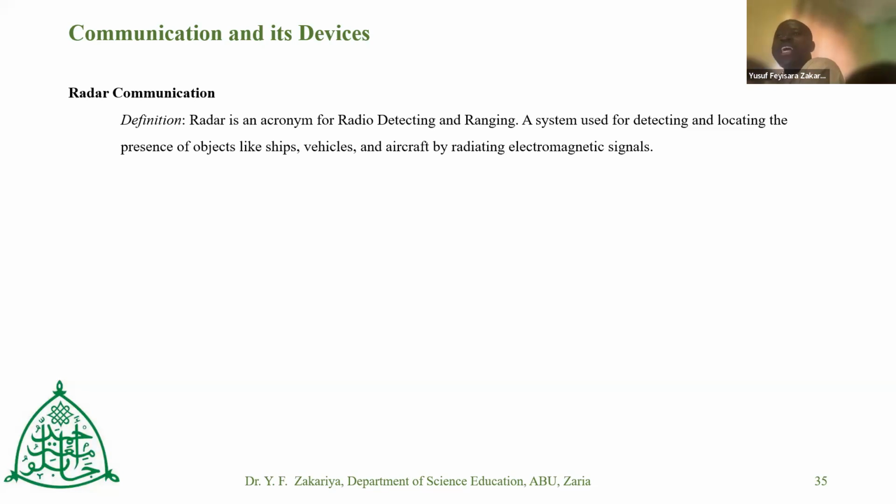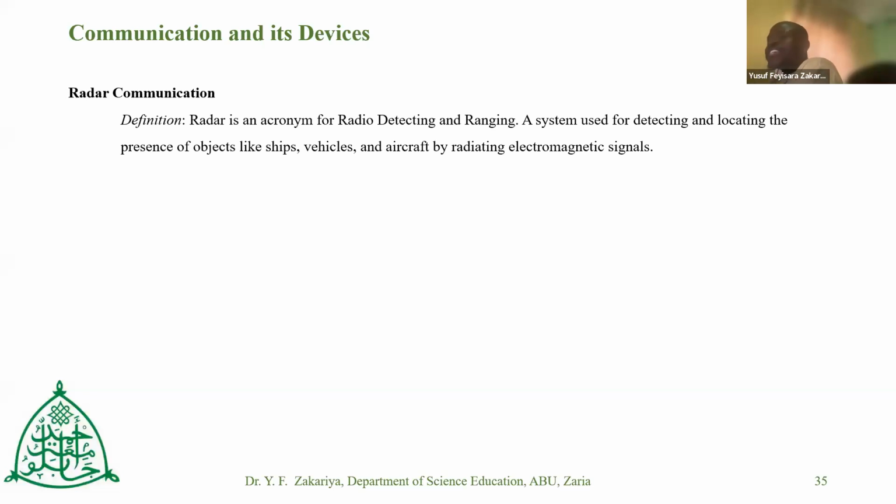You might have seen or heard before that each aeroplane, each flight from the departing airport to the landing airport, is monitored in the operation room that is located in Lagos or where the particular flight is coming from. They monitor this flight one after the other, second after second, until it lands from where it took off. So this is very important. And at times we hear of a plane crash and they could not locate the plane again. They could not hear anything. They could not communicate with the pilot again.